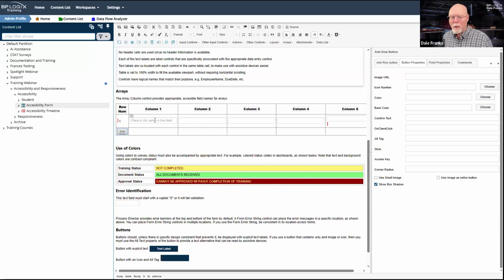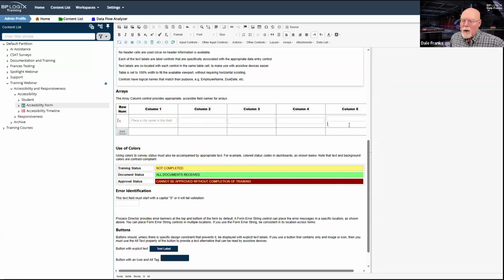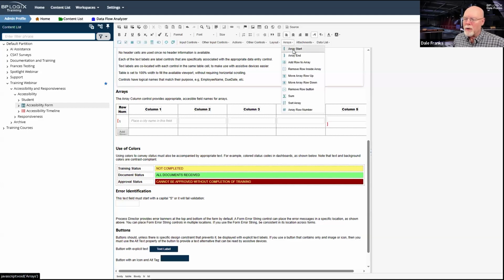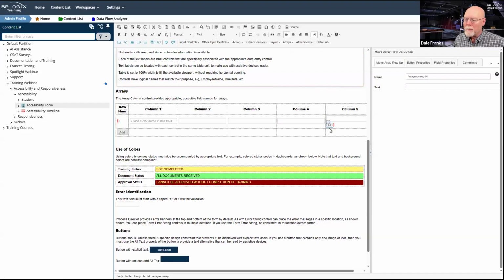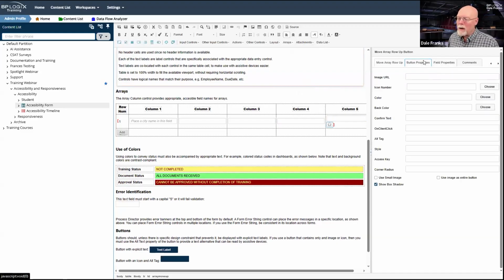So, for example, when we're building an array, and I get out to the far right-hand side of the array, one of the reasons why those array controls... let me just slap one on here real quick. So let's just go with move array row up. Okay, that's just an image button, and it is only an image. That is where the alt tag comes in.